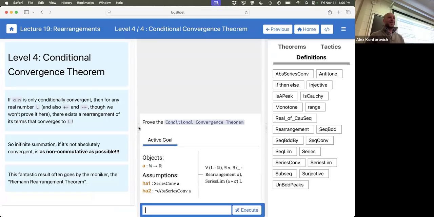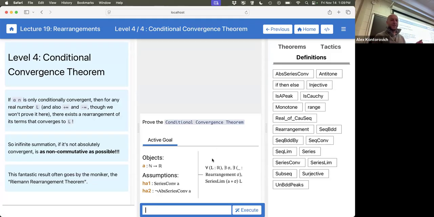So this is where non-commutativity comes in: if you're not absolutely convergent, then infinite sums are as non-commutative as possible. Again, I do have to assume that the series converges. If the series is just A of n equals n, then there's no talk of rearranging anything. Daniel: So, just for clarification, the rearrangement theorem just says if A is absolutely convergent, then something. Exactly. Then A, the sum converges, and B, you can sum in any order you like.